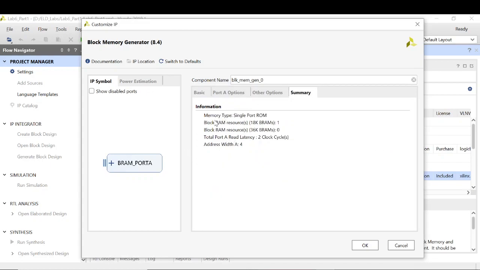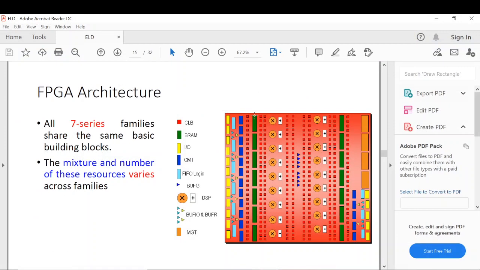Finally, you can write on this thing. The summary is fine, as you can see. Memory type is single port ROM, that is fine. See the block RAM resources. As I was saying, these BRAMs are distributed all across my die. These block sizes can be different according to whatever FPGA you are using.